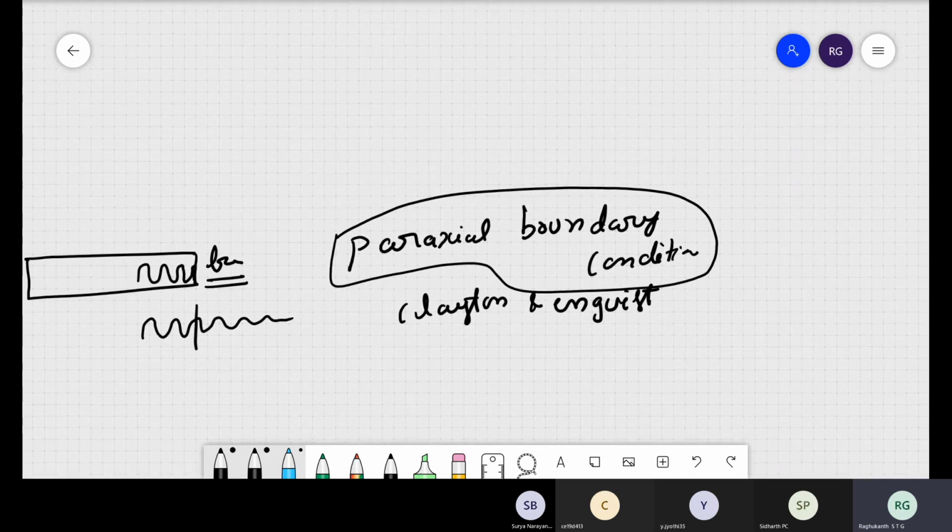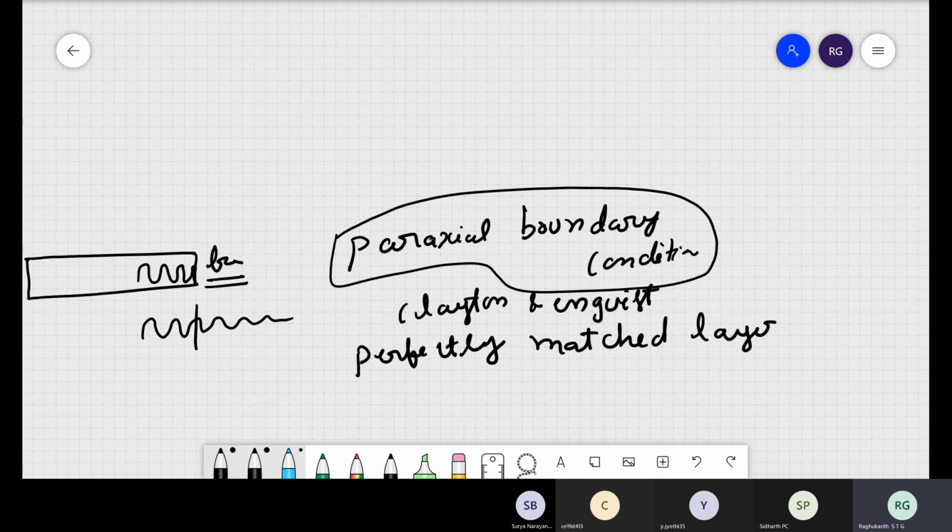After that, this perfectly matched layer came. So perfectly matched layer we say. This is a new thing which is very efficient. PML, let's say. You followed, right? This is what people right now use in all the computational schemes. They use this perfectly matched layer theory to represent the boundary condition.